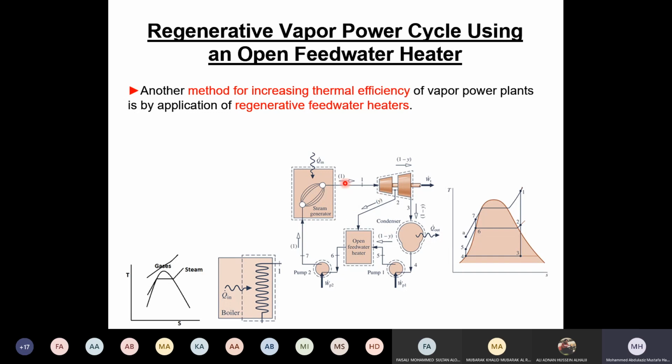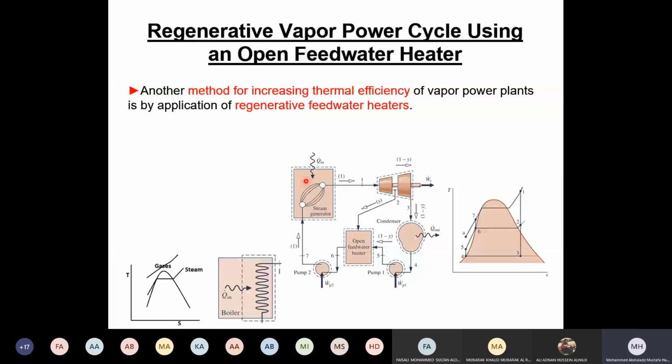So this is the cycle. Let us see the original cycle. Out of the condenser, this is a simple cycle now. Out of the condenser, it goes to a pump, then to the boiler, then to the turbine, to the condenser. So this is the cycle here, without this part. This is the part that we are adding today. Normally the cycle will go like that: out of the boiler to the turbine, condenser, pump, and then the